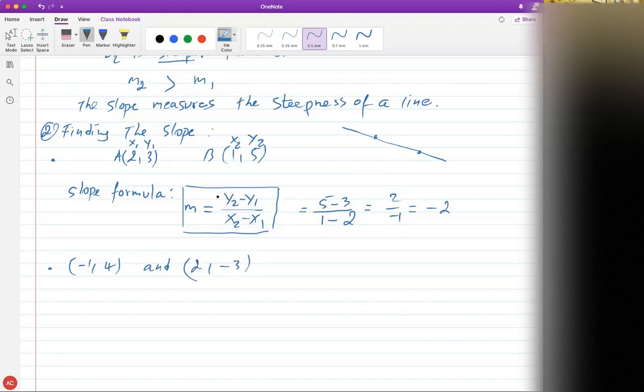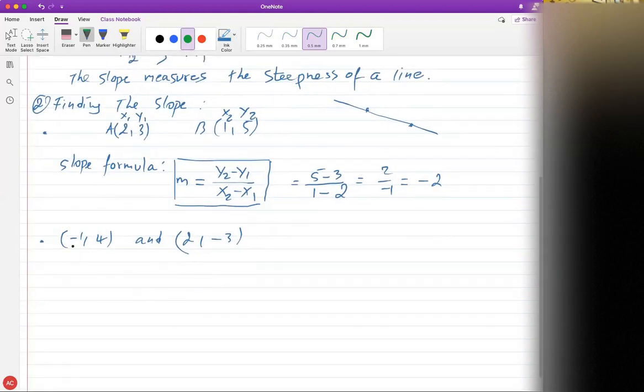So the slope again, the formula is here. First, you want to label your points. You can call this, I mean, not M1, but X1, Y1. I'm going to call this X2, Y2. Those are the values that need to go into the formula, and then we'll simplify them. So M will be,